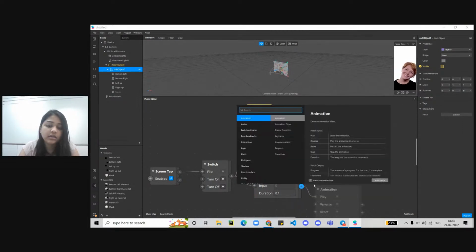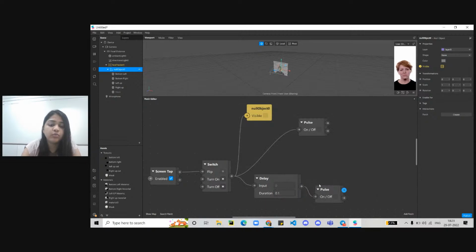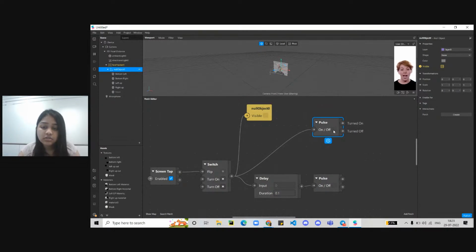Again, like in the delay, we need a boolean value. Basically, if it's true, then the value will be 1. If it's false, then the value will be 0. So that's how a boolean value works. So let's have the pulse as well. After that, what's gonna happen, let's